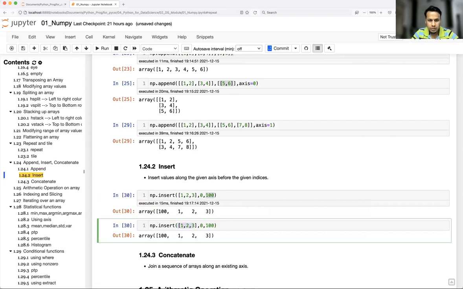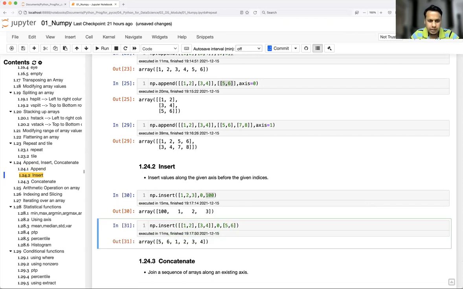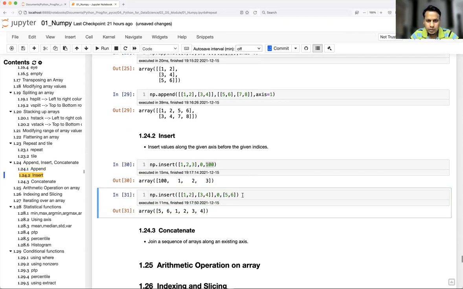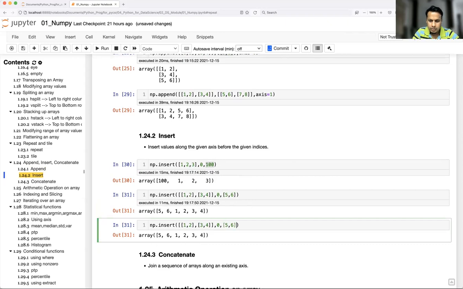Okay, so this was single dimension. I am going to take 2 by 2 now. This is the first row element, then this is my second row element. Inside this, since it is 2 dimensions, of course you need to insert a 2-dimensional array. So 1 2 3 4, and I'm going to insert 5 6 at the 0th position. Since I have not given axis, of course it will be a flattened array. Now I'm going to use axis. So axis equal to 0, that is column wise.